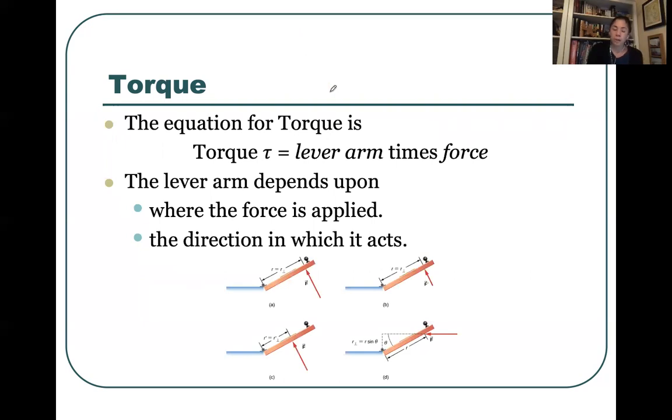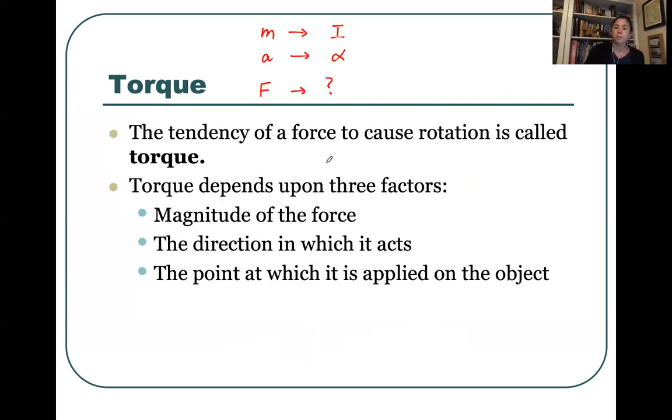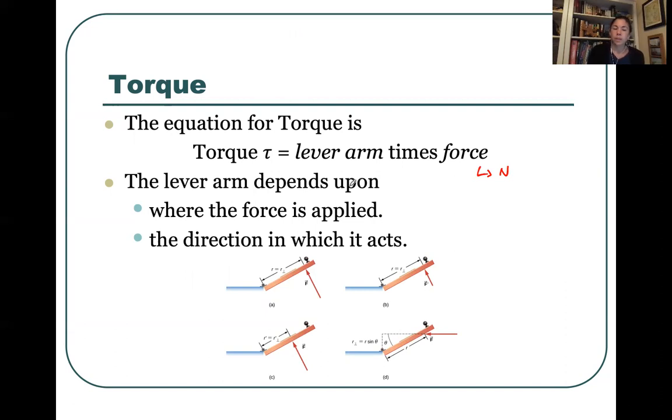So torque, by definition, how do we calculate it? It's going to be what we call the lever arm multiplied by the force. The force is how much, in newtons, that's how much you're pushing. But the lever arm is going to include the information on where and in which direction the force is applied. So the lever arm is going to depend on where the force is applied and the direction in which it's